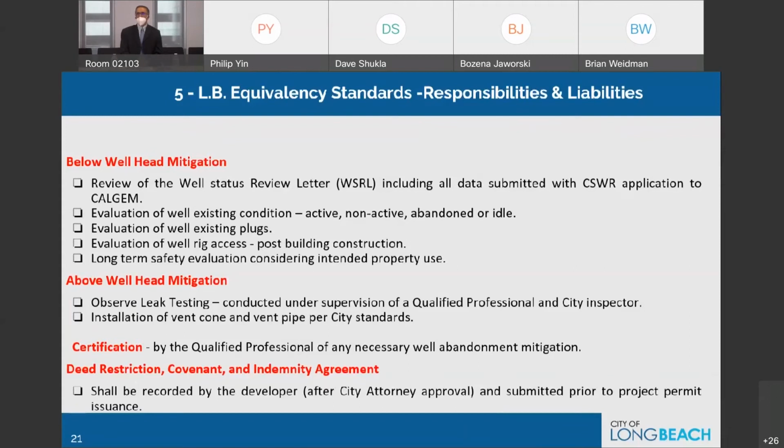A professional qualified engineer needs to certify the well, and after that is done, then the well cone, as the video showed, or the slides showed, can happen. The certification by the qualified professional, I have mentioned it 2 or 3 times in this presentation, but for those consultant engineers and architects who are listening, that is a must. It has to be formally submitted under the signed, sealed stamp of a qualified professional engineer to the city